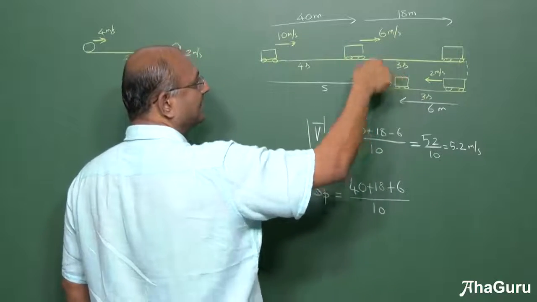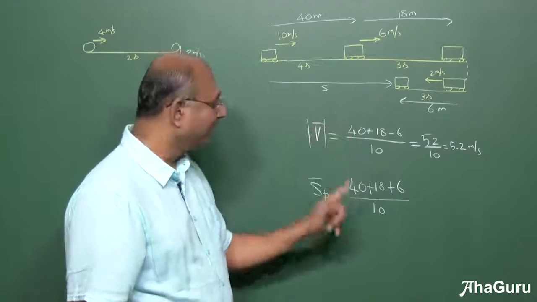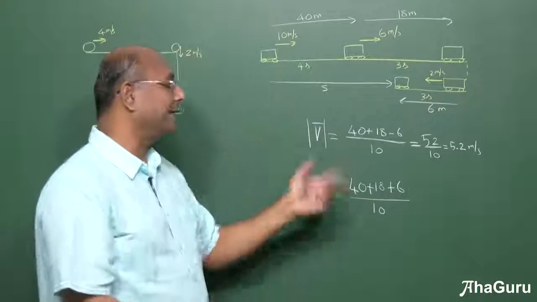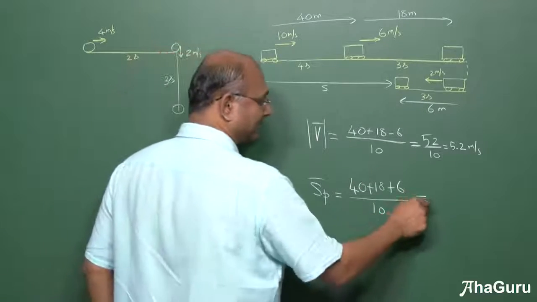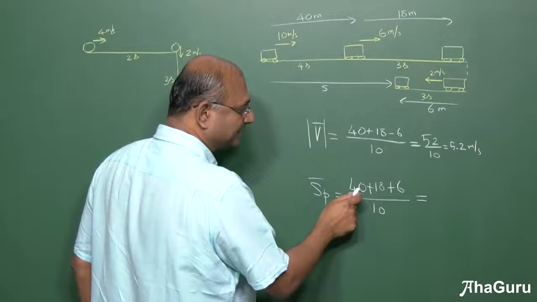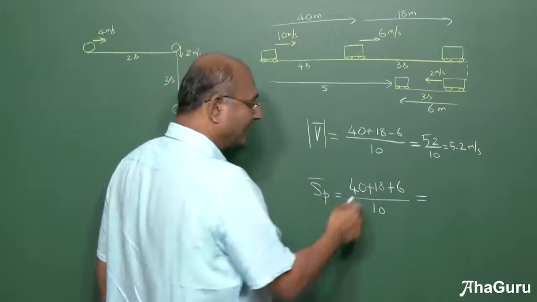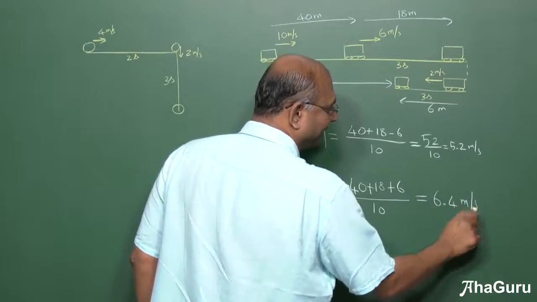Time is still 3 plus 3 plus 4. Remember, here also the time adds up, time doesn't subtract. But here time adds up, but the problem is distances add up. Here you are not sure, you have to check what the value will be from displacement. Now let us see how much this is. This is 24 plus 40. How much is 24 plus 40? 64. 64 by 10 is 6.4 meters per second.